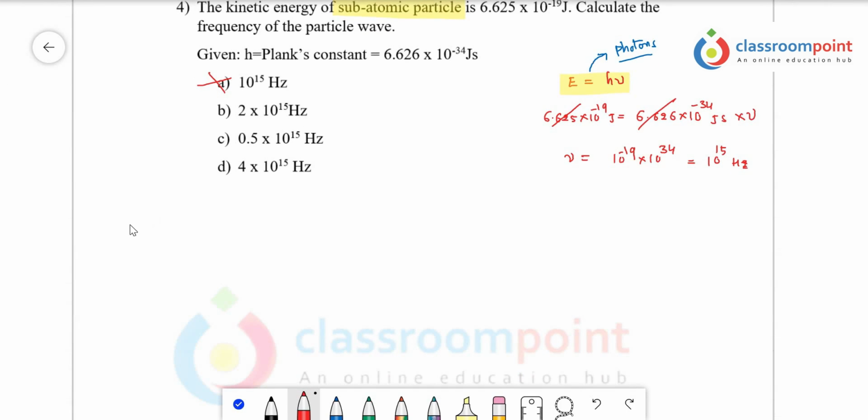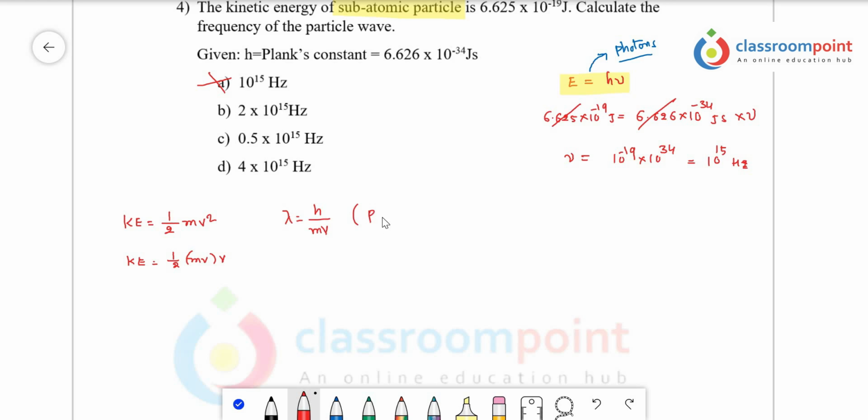Let us see. You will get a good formula here, and it shall be very helpful to you while solving the problems. We know that kinetic energy is equal to half mv square, and it can also be written as kinetic energy K equals half into mv into v. And we know that from de Broglie's equation, lambda equals h by mv.